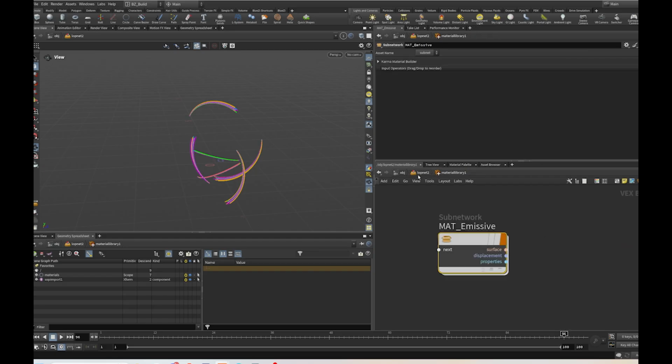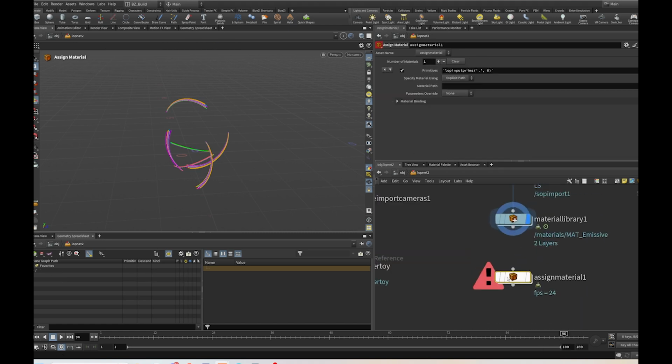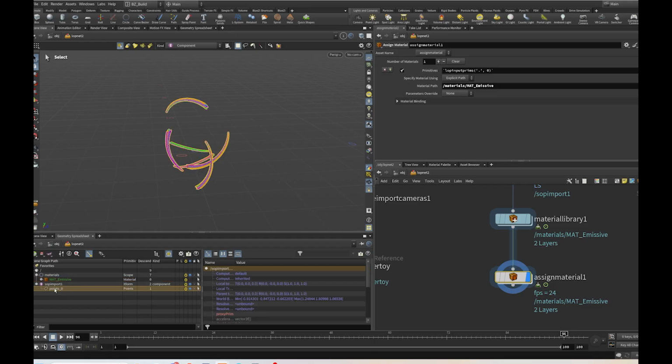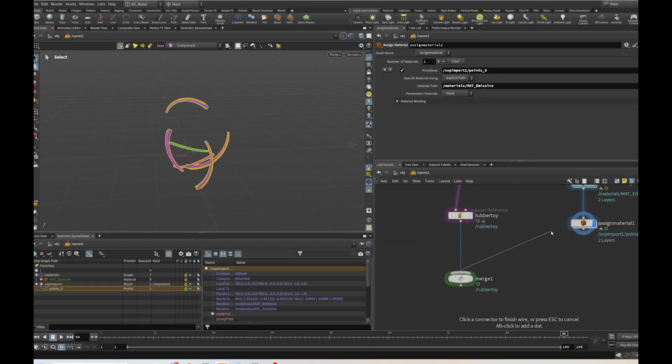Alright, looking good. And get outside, now we need to assign the material to the effects. So let's use the assign material, and we can drag the material into the material part, and the primitive should be the 0.0 here. Alright, so let's merge everything together,